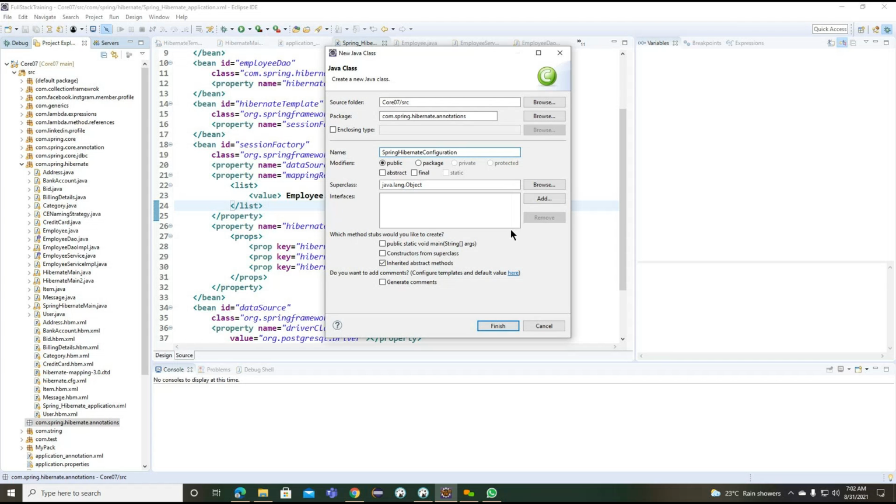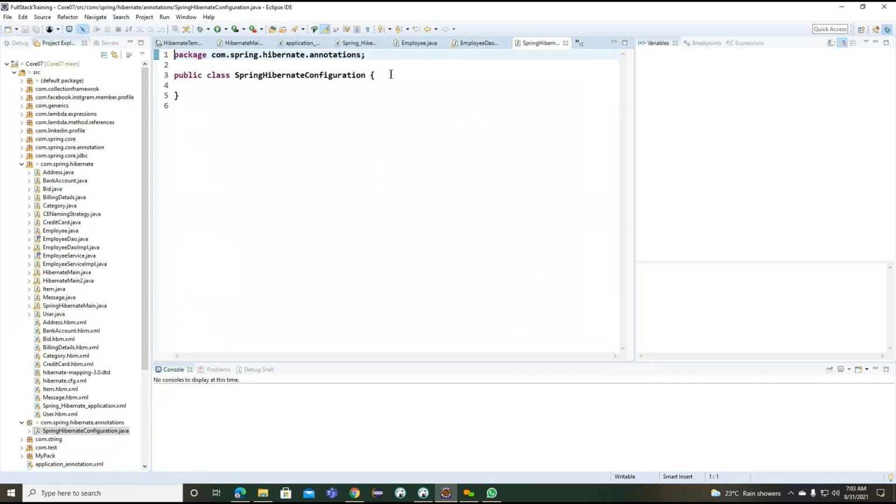When we declare this class, it is indicated as a bean tag. Getting the point? So how do we declare this bean tag?